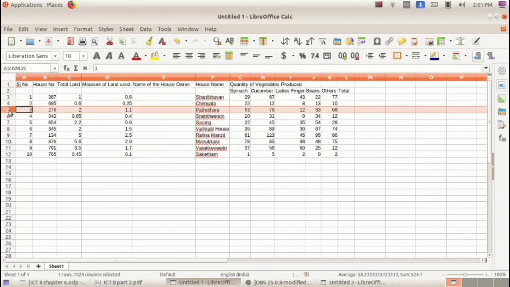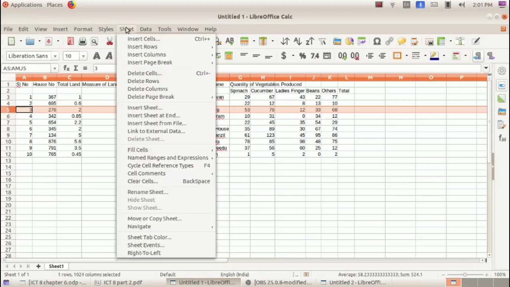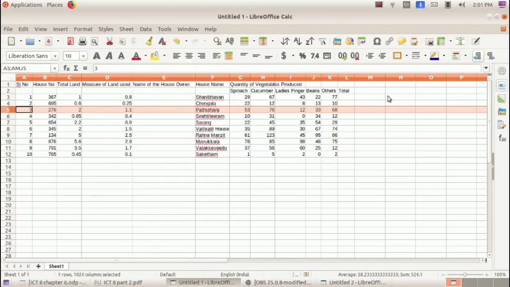Consider we are going to select this row 5. If we want to add a new row above this fifth row or below the fifth row, first we have to select this row 5. For that, click on this row header 5. Now this entire row 5 is selected. Then from the sheet menu, insert row, we have two options, row above and row below. If we want to create a row above row 5, select the first option. If we want to create a row below row 5, then select this row below option. This is one method for creating new rows and columns.